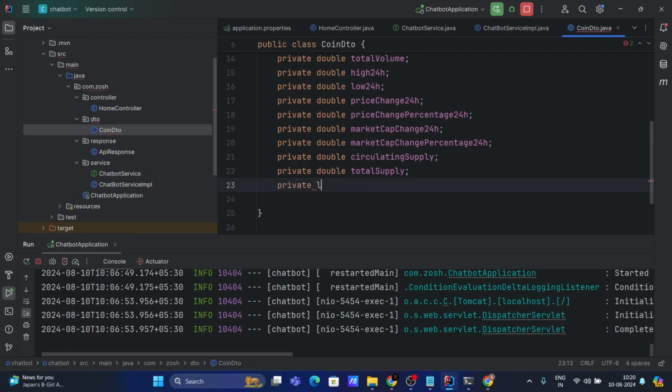Actually now it's long. Okay, so let's give long auth. Okay, all the details you will get from the coin details, coin market data. Actually, private long auth change percentage,